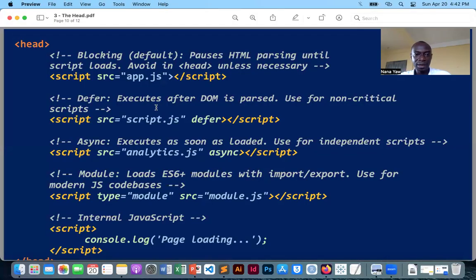And you use defer to execute after the DOM is parsed. Okay? And this is for non-critical scripts. Okay? If there is a very critical script, then you can use async. Okay? This executes as soon as it's loaded, and it's for independent scripts as well. So take a look at this. The script, then you specify the source, where it should find the script. Just as we specify